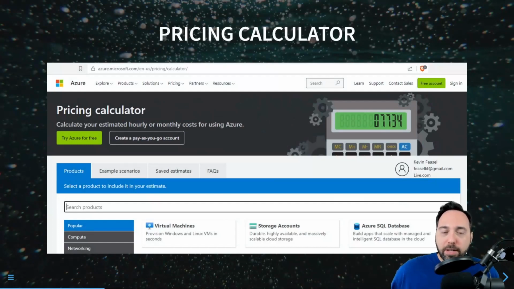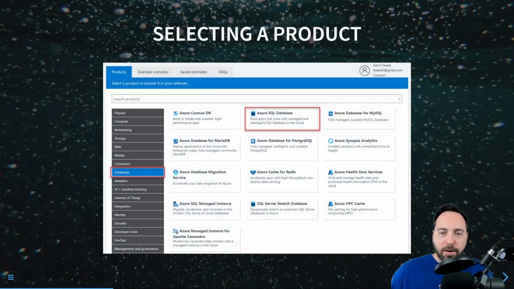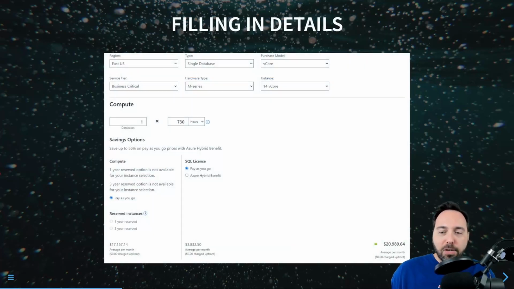The way that the pricing calculator works is you go to the site and there's a nice little search menu. That search menu allows you to search for products. So we can type in the name of a service, like the Azure OpenAI service or Azure Synapse Analytics, something like that, a virtual machine. Then you can add it to the calculator. Once you've selected your option, in this case, I'm saying Azure SQL Database, you can navigate in the left-hand bar or type in the product name. You can select the chiclet for that particular product, and that brings you into a screen where you get to fill in quite a few details.